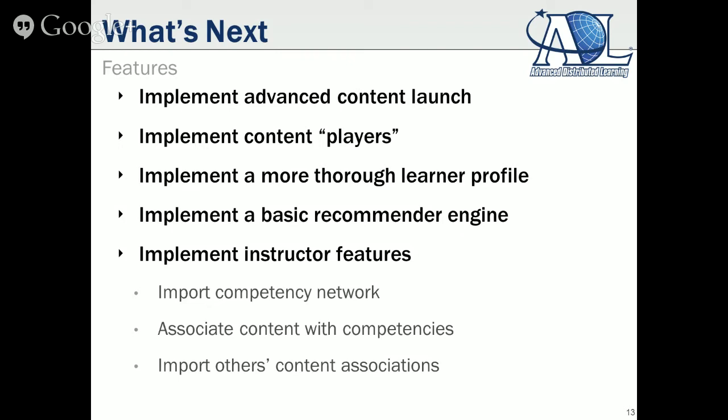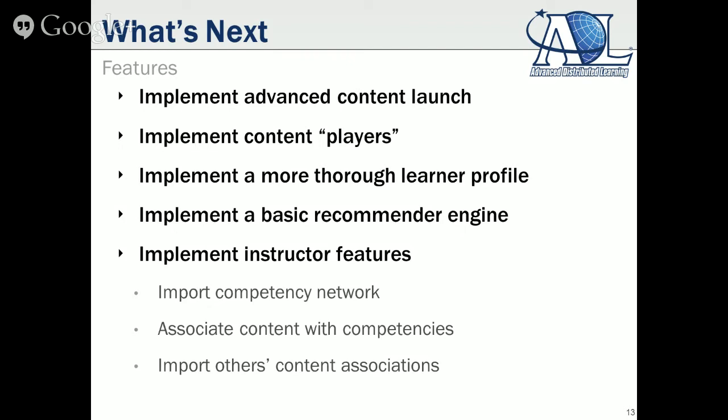However, just like something like Pandora, if you're familiar with Pandora, the music service, you can click on a link that says, why did you select this for me? And you can kind of see the reason why it selected a song for you. So it'd be nice to have it launch one piece of content, even if there are 500 pieces of content that are associated with it. But you could click give me more details, and you could see the next 10 things that it considered launching and information on why it selected it for you. So a lot of interesting things that you can do with a recommender engine.